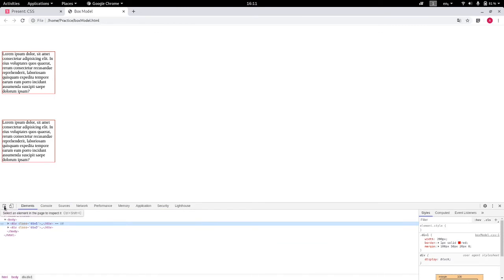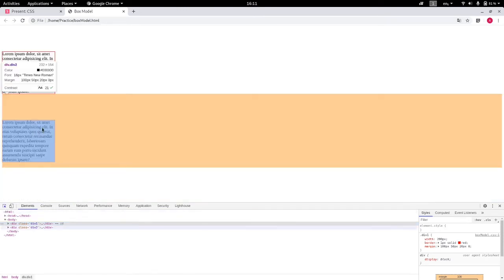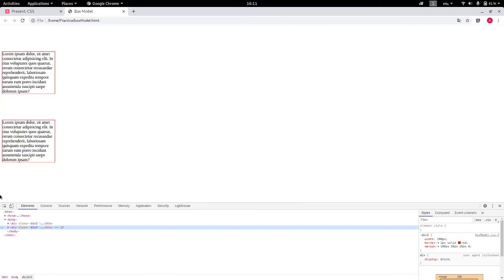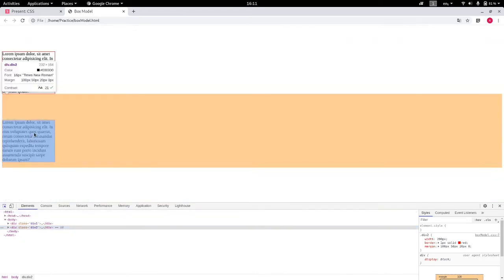Click on this icon or just press Ctrl Shift C. So you can see over here that it has a very big margin, 100 px I think, on the top, 50 px on the right, but as it is a block level element, it is covering the whole width of the screen, and 20 px on the bottom and 0 px on the left.